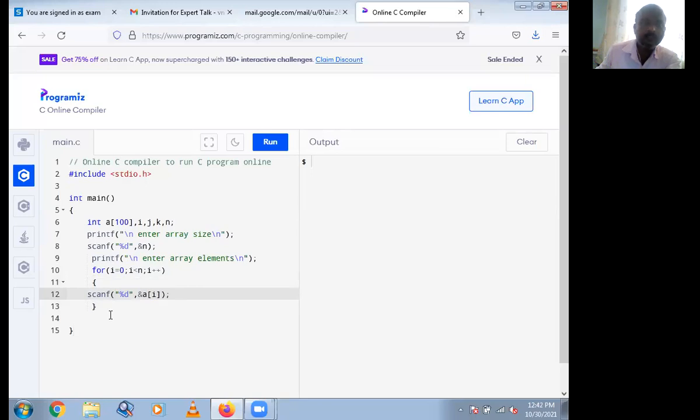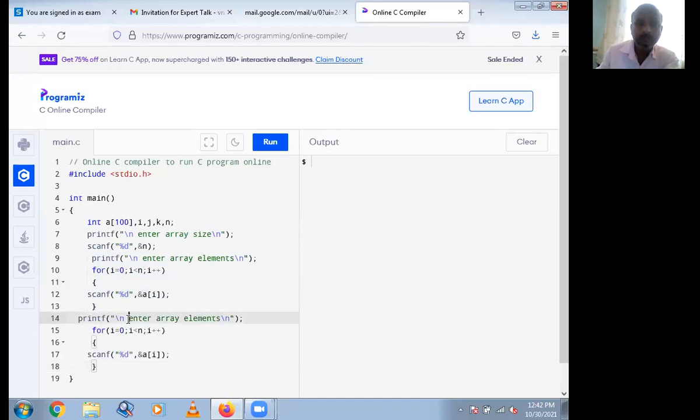Okay, you have entered the array, you want to display the array. So here the array elements are: for i equal to 0, i less than n, i plus plus, printf percentage %d a of i.